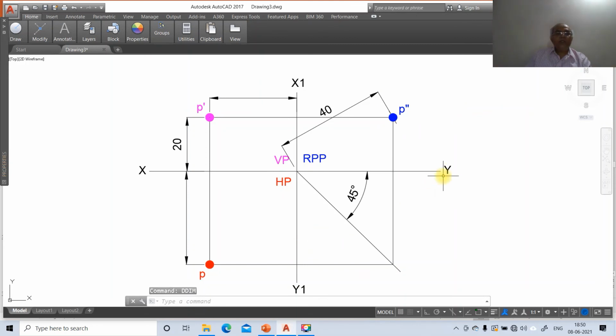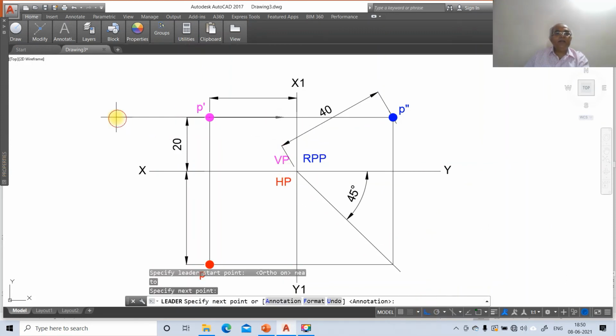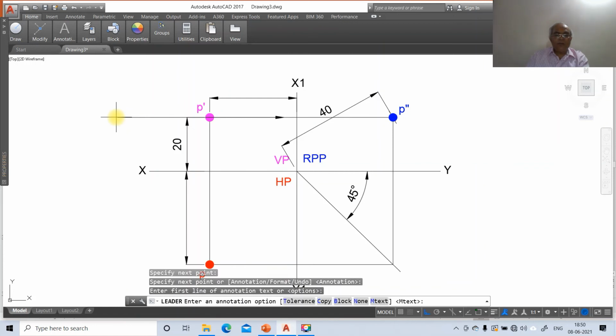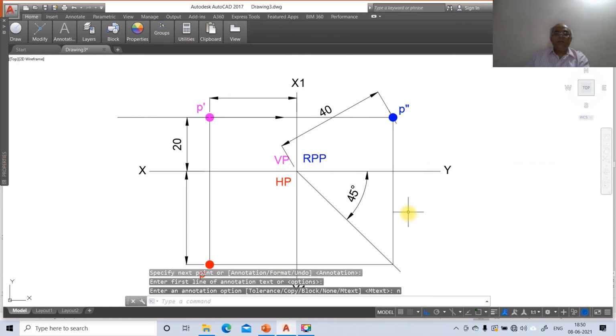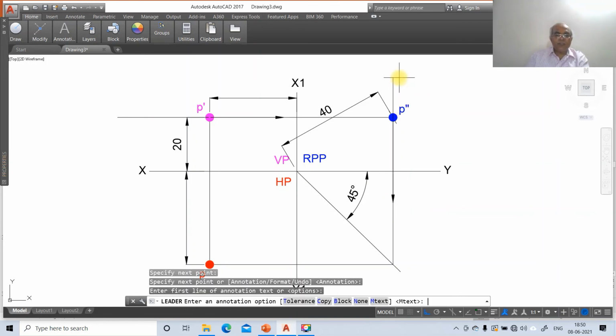Now we need to write the leaders. So go to leader, switch on the ortho mode. So take nearest point. On this you drag this and you keep it. Annotation option none. Then from here leader, go to nearest on this and you take this annotation option none.